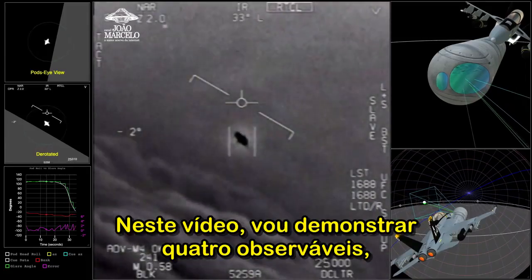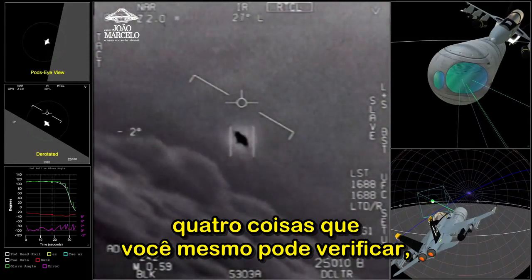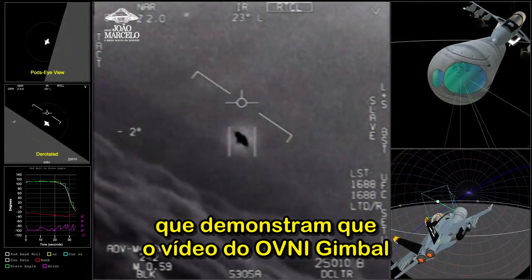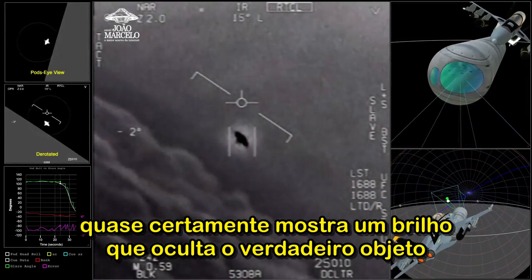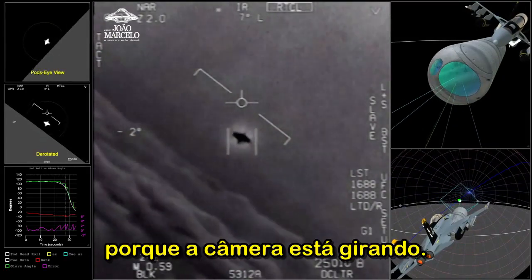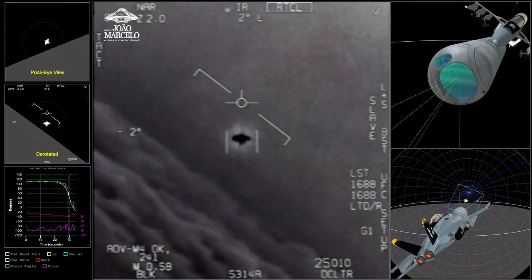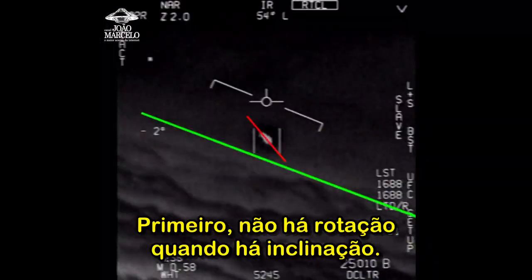In this video, I'm going to demonstrate 4 observables. 4 things that you can verify yourself that demonstrate that the Gimbal UFO video almost certainly shows a glare that hides the actual object, and that the shape of the glare is only rotating because the camera is rotating. Briefly, the 4 observables are: